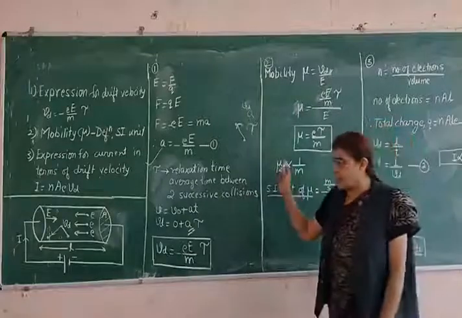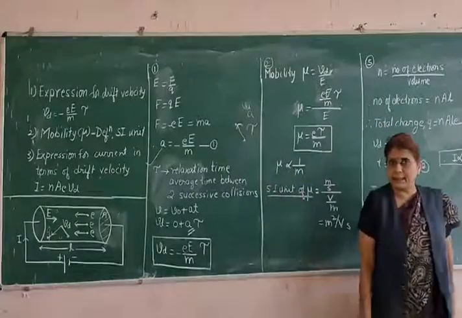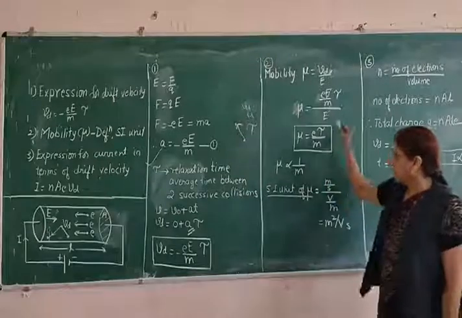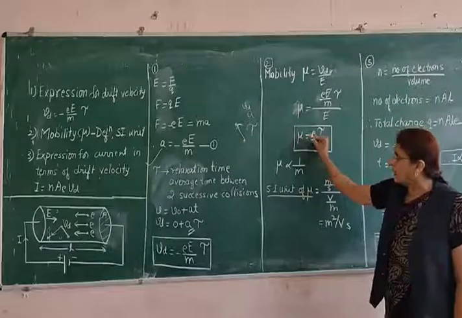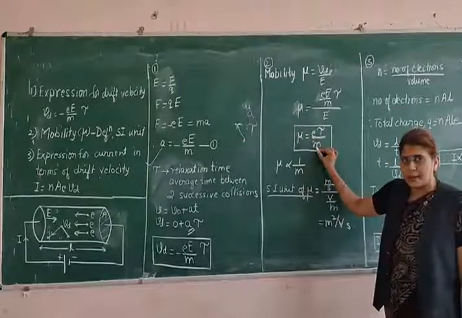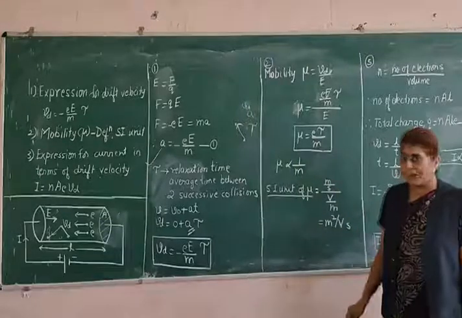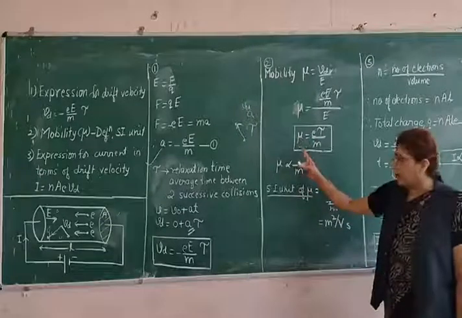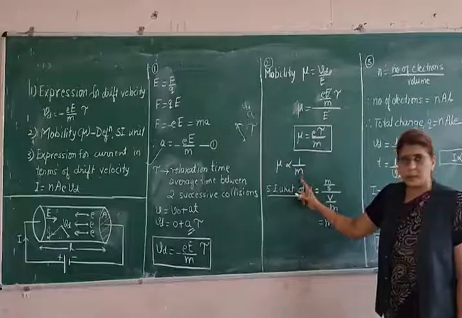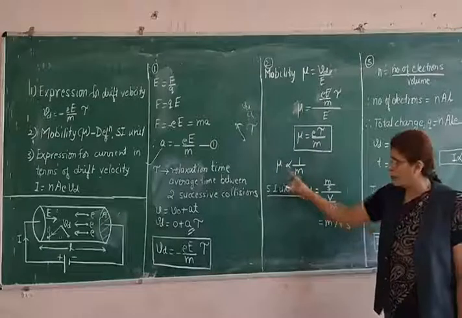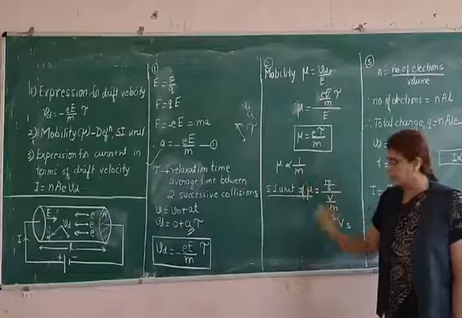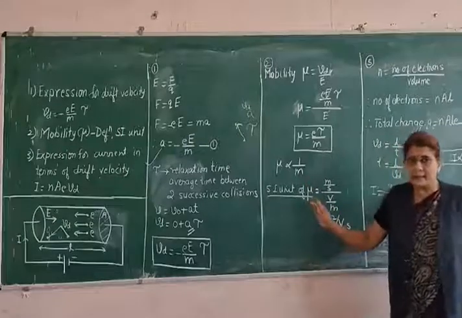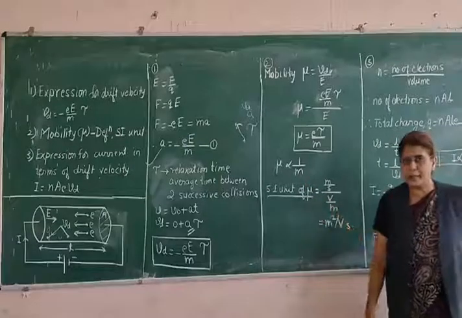One very important point you can note down from this equation. How does mobility depend upon the mass of the charged particle? This is often asked for 1 mark. You can see the relation here: mu is inversely proportional to the mass of the charged particle, mu inversely proportional to m. Also, they sometimes ask the SI unit of mobility for 1 mark.